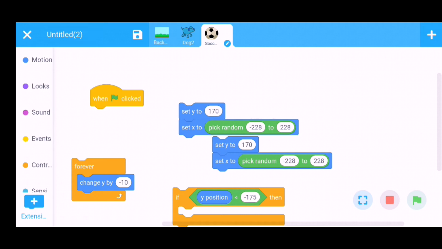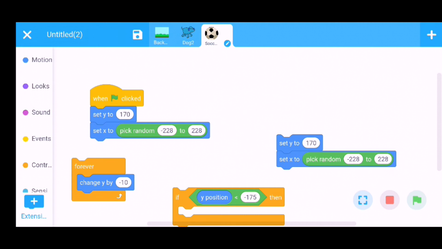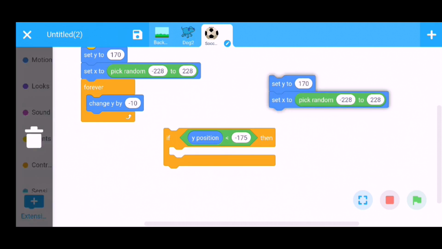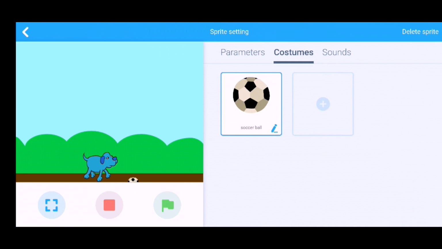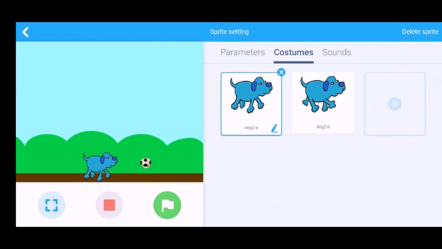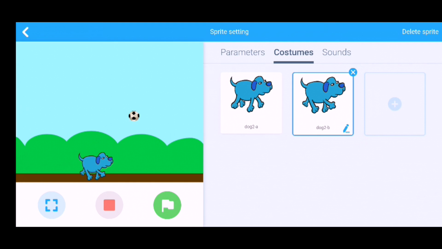Click on duplicate, rearrange, again rearrange, put this code inside this and put this set of loop below the change y by minus 10 command, then again start the game. Now the ball will continuously fall down. Look at here, the ball is continuously falling down.